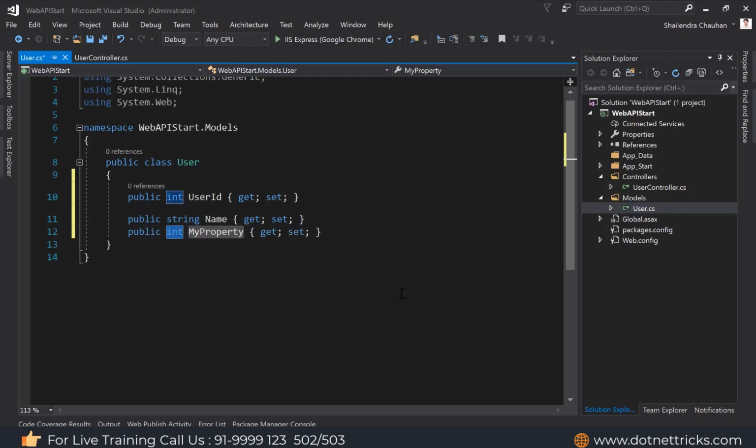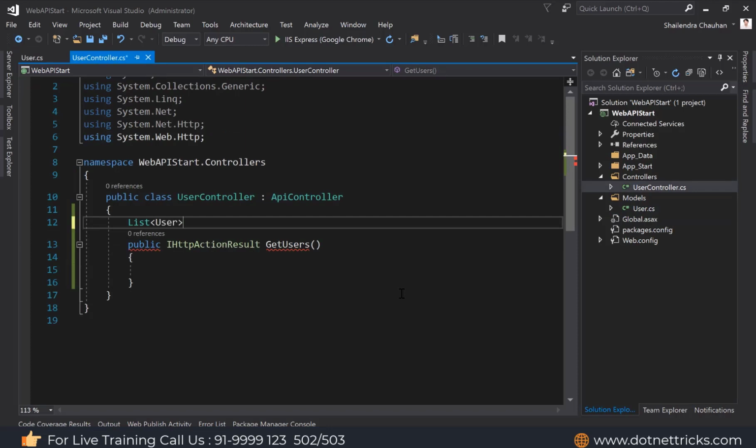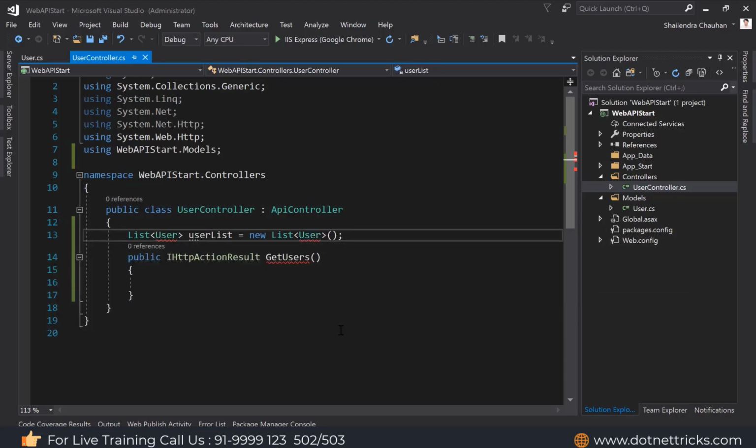I'm adding the property, let's say string address. This way. Now this user class I'm using here, let's say userList equal to new List of User. Let me add the namespace here. So let's define the namespace this way.